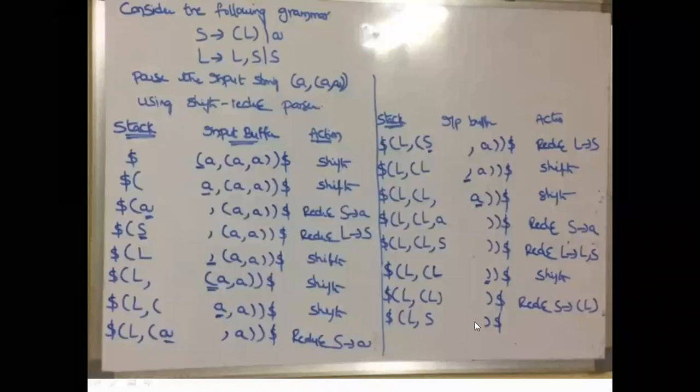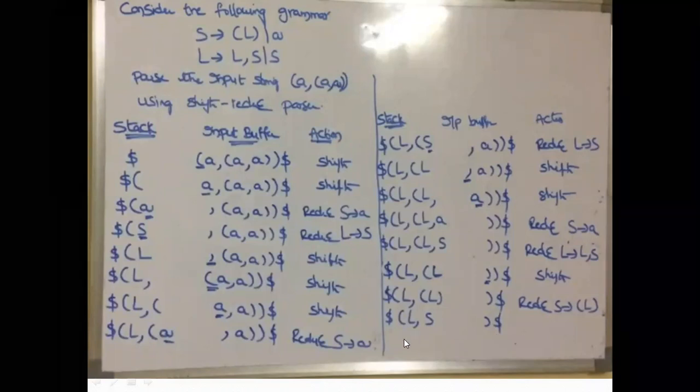So with L, is there any production with the right hand side with only L? In this production, dollar open brace L is the production. Then we are having L. Is there any production with capital L? There is no production. Then we are performing the shift operation. So closed brace is pushed into the stack. Then finally dollar, open brace L and closed brace, this is pushed into the stack. Then finally the stack is having only dollar.